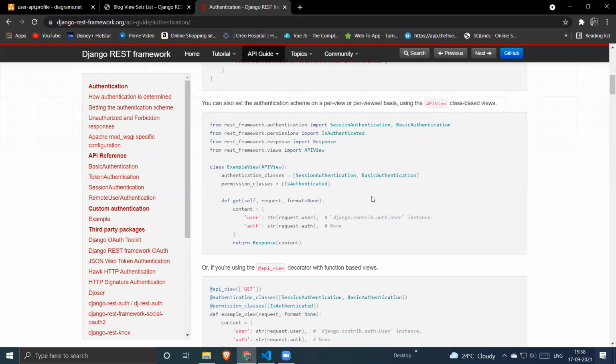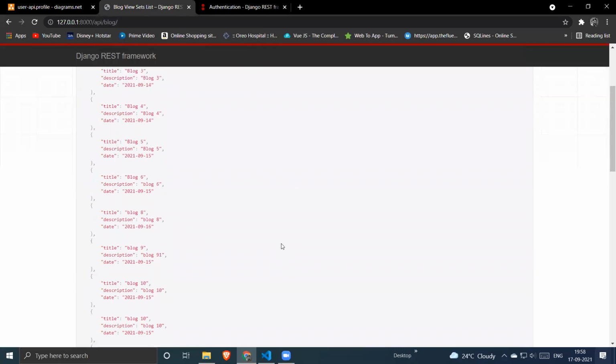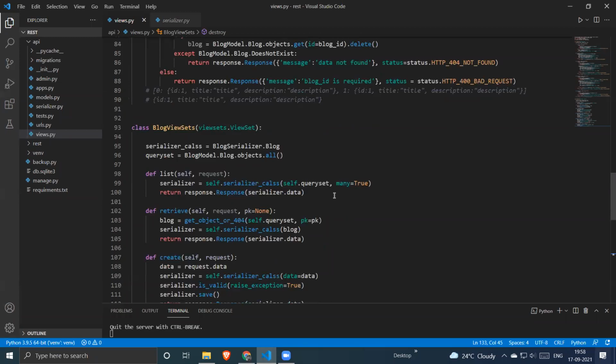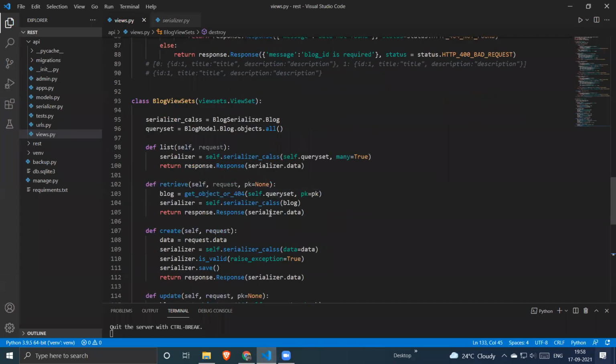So don't worry. Can anybody please tell me what is model view set? We have not defined or implemented it, but any guess what should be a model view set? I think, sir, it will have predefined classes in it which we can use. Since here we are making a small API, but if there are more fields in our API, then we can use the generic types of classes which are available in model view set.